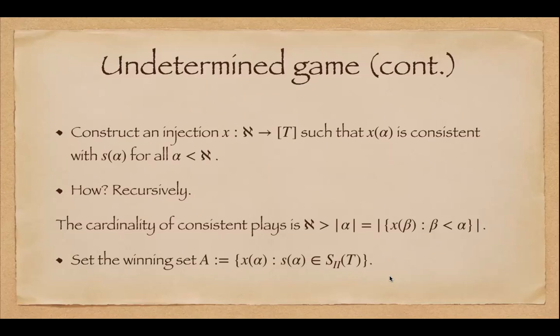And now suppose player 2 had a winning strategy. Let's say that strategy is S alpha. Then X alpha is in the set A, because S alpha is a strategy of player 2. And this means that S alpha is not winning, because X alpha is consistent with S alpha, but it ends up in A, which is not the winning set of player 2, it is the winning set of player 1. Okay, so this is the example.